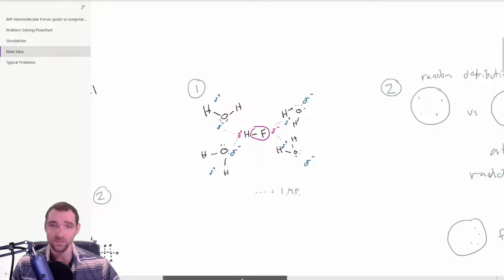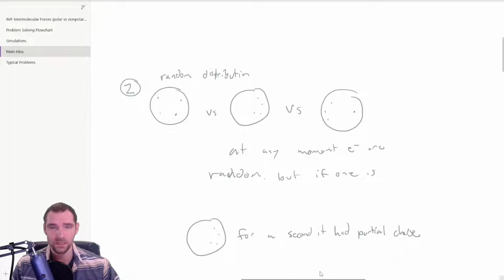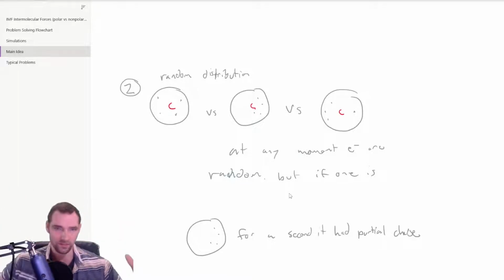by getting them close. So if we're talking about nonpolar, now this is, let's say, a carbon atom, and it's got 4 electrons in it. Now those 4 electrons could be anywhere at any given point in time. They're just somewhere around this carbon in this electron shell. It could be just evenly distributed, or it could all be on one side, or somewhere in the middle. These things are moving around